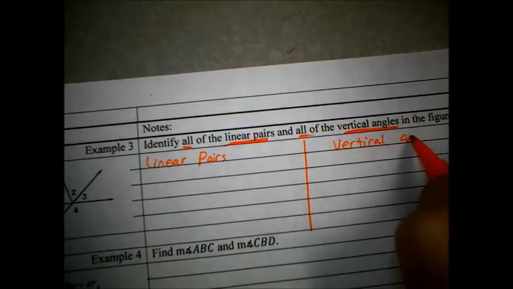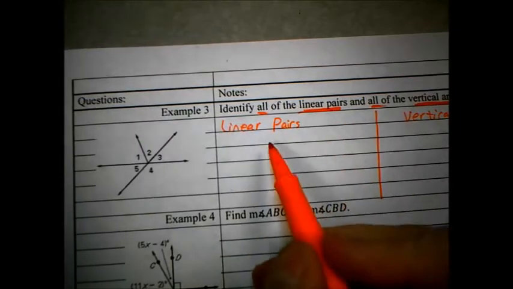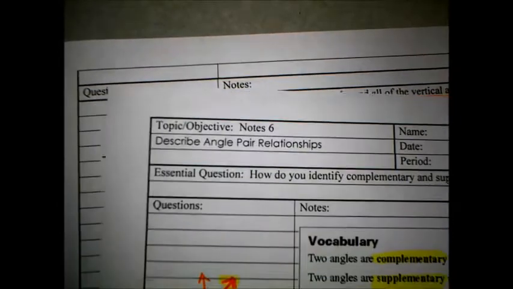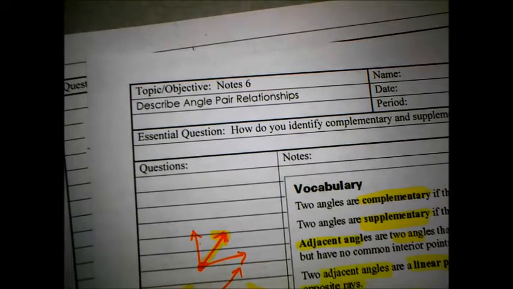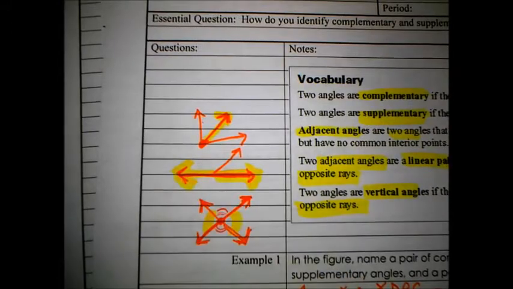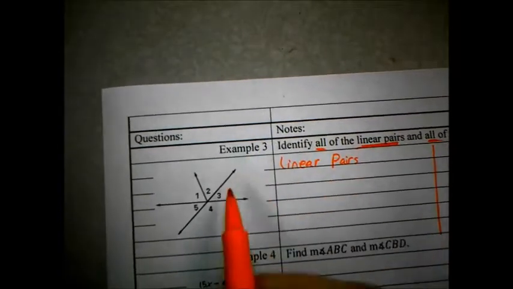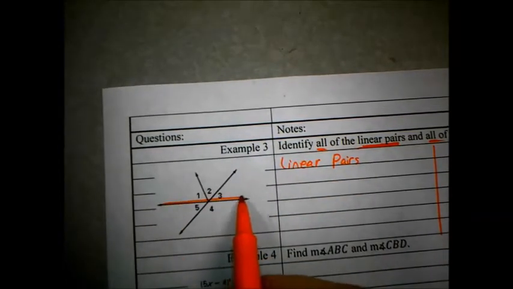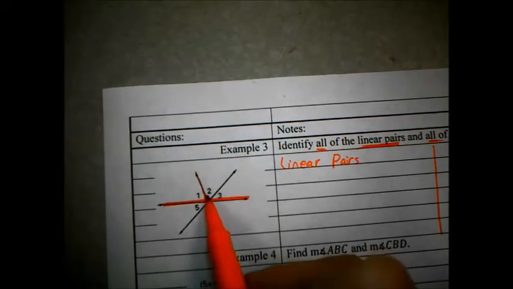Okay, so my linear pair, remember, a linear pair basically must form a straight line. It's adjacent angles that form a straight line. So if I'm looking at my picture, I need straight lines, so I can see that here is one of my straight lines. So I can say for a linear pair,